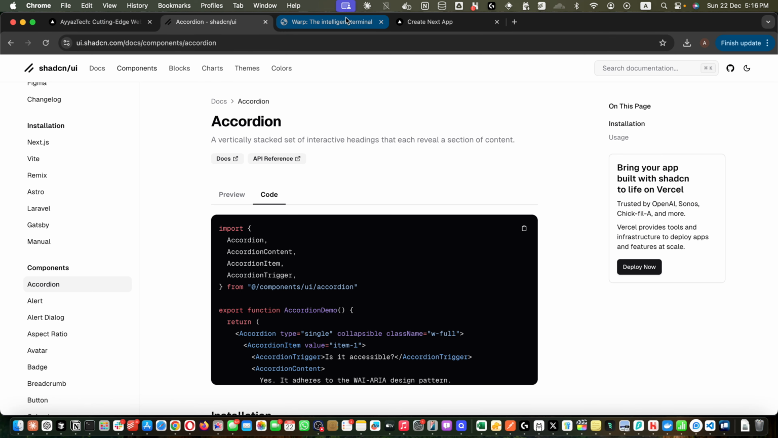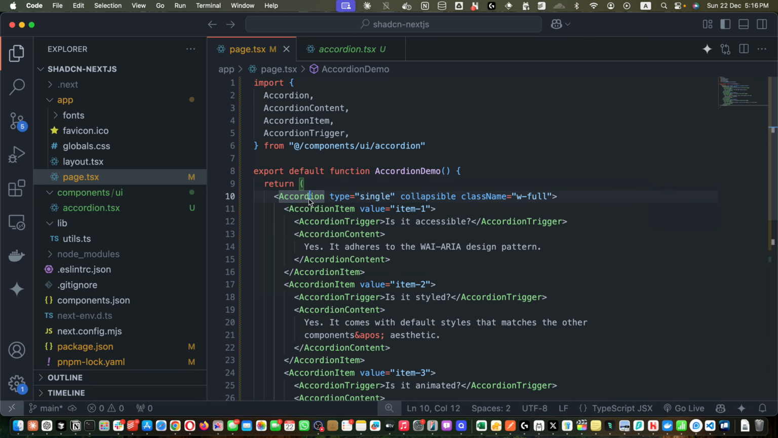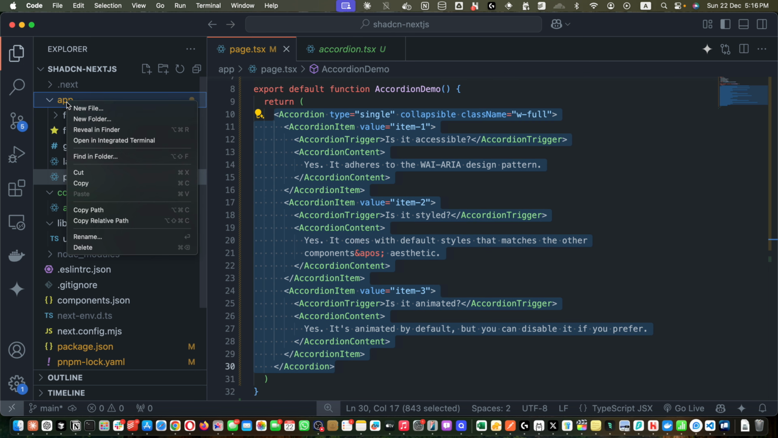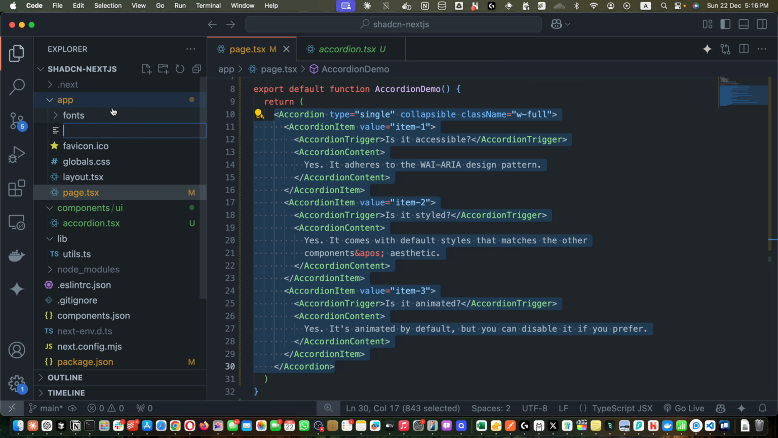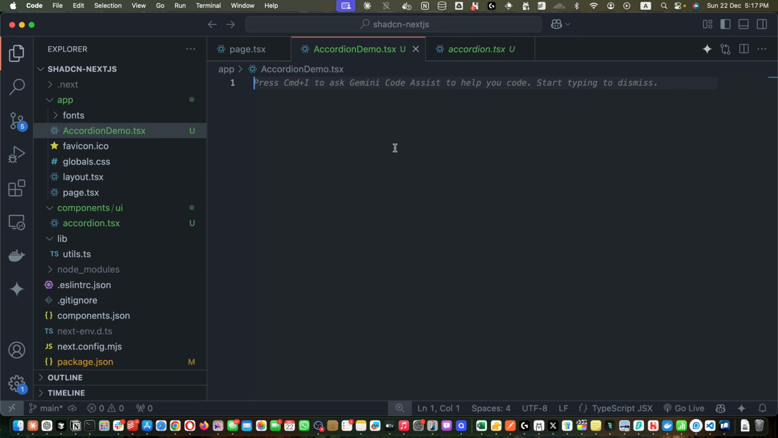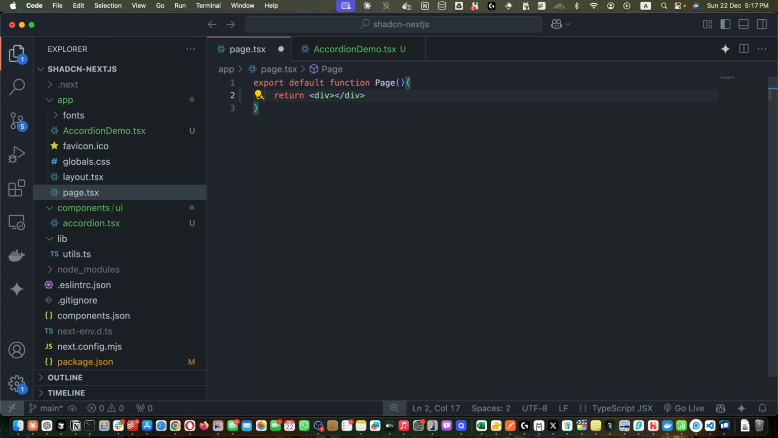Okay, now go back here. You can see our accordion is visible and it is fully functional, and let's quickly improve it a bit. I'm going to create a new file or component. You can name it my component.tsx, or you can call it accordion demo.tsx, and let's cut everything and paste it here in the demo file, and go back to the page.tsx, and here I will add a heading accordion, save